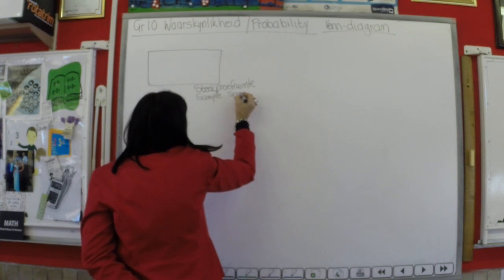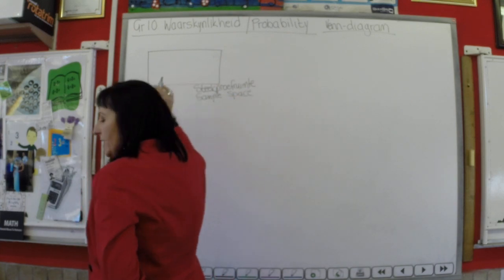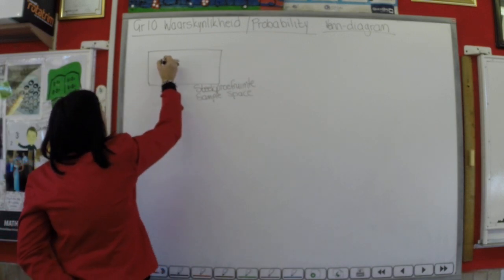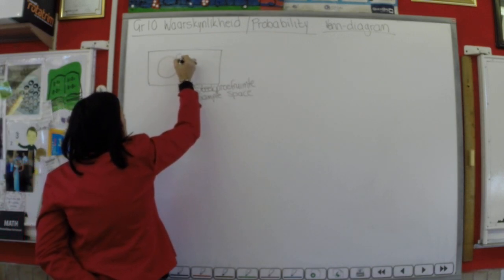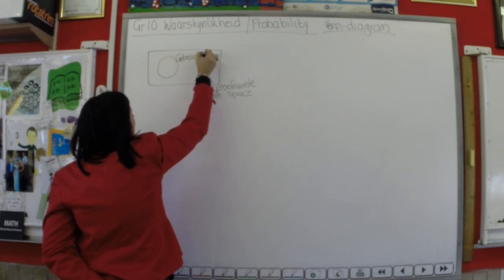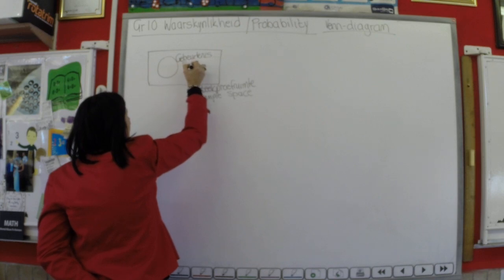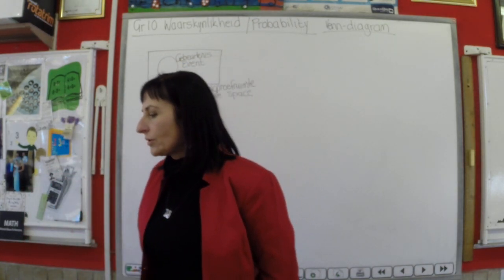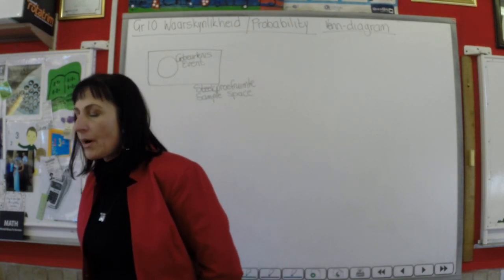Within that sample space, there's things happening. En dit wat daar binne gebeur, noem ek 'n gebeurtenis of 'n event. Okay, now I'm going to explain to you how to draw Venn diagrams by means of